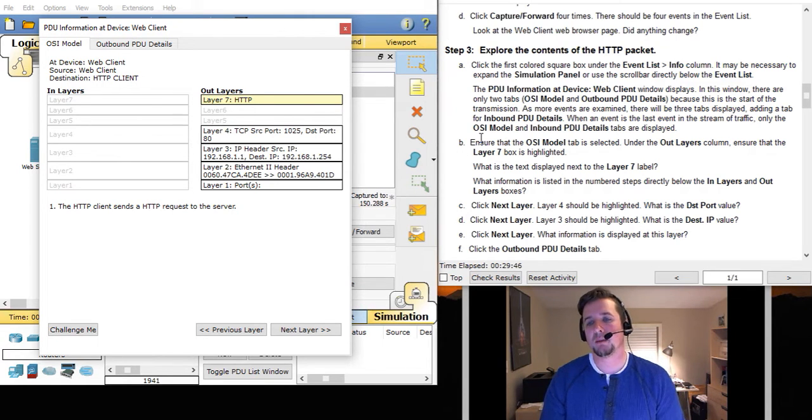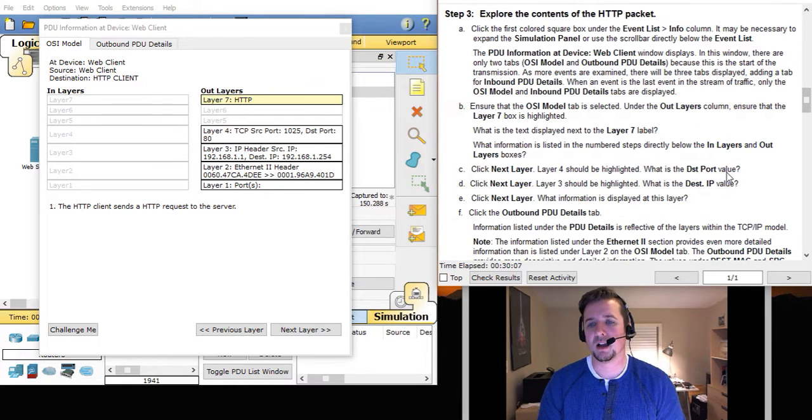Ensure that the OSI model tab is selected. Check. Under the Out Layers column, ensure that Layer 7 is highlighted, which it is. So we have our out layers and Layer 7 is selected. Okay, as we go over this next section, I'm just going to point out some things that it's trying to